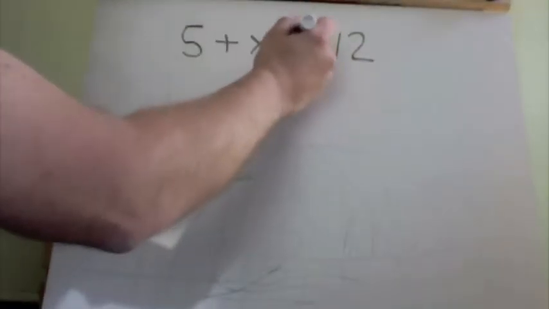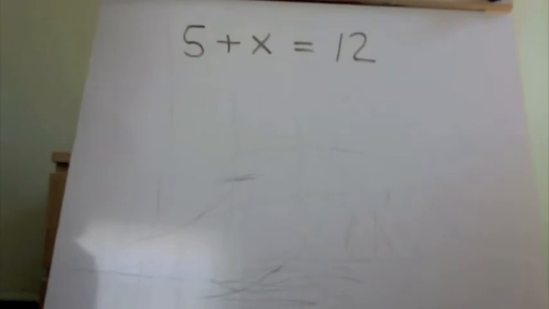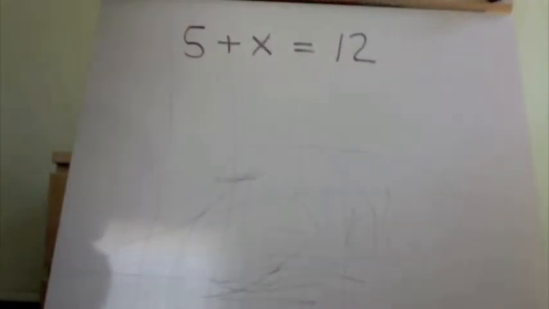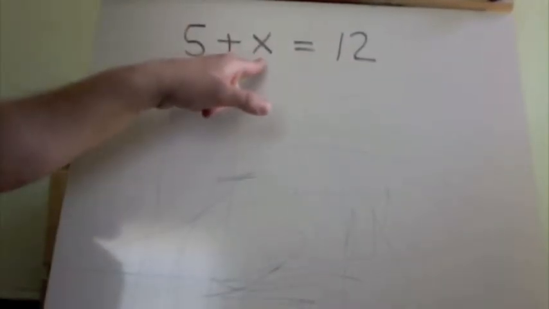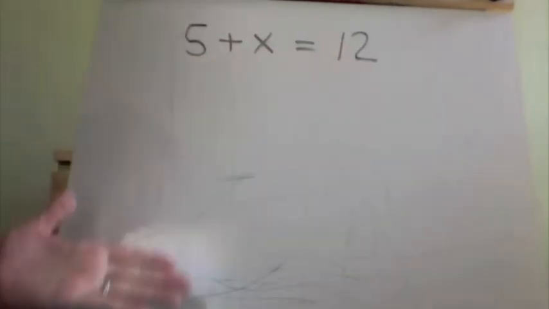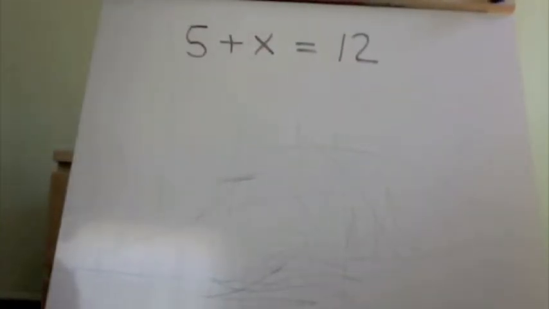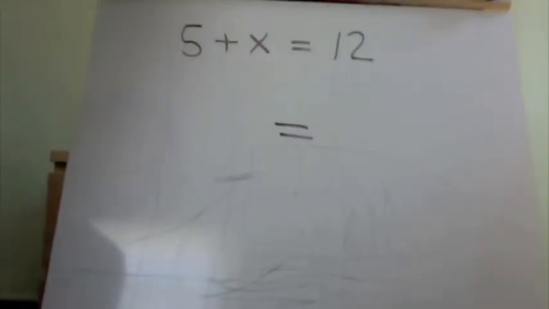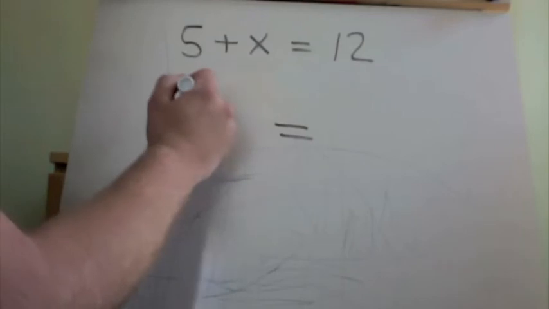The moment we put an equal sign in, now we're comparing it to something. So we say, okay, well 5 plus x equals 12. So now there's this limitation. Now we can figure out what that is, because there's only one thing that we can add to 5 to get to 12. Okay? So an equation, and we'll get into the solving later. An equation